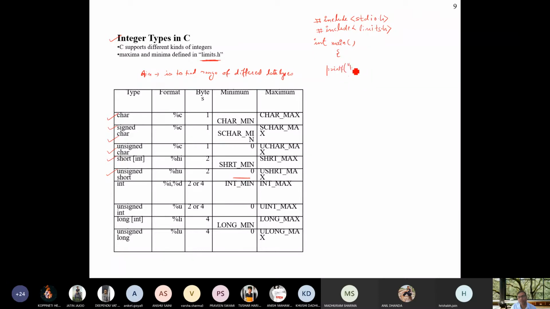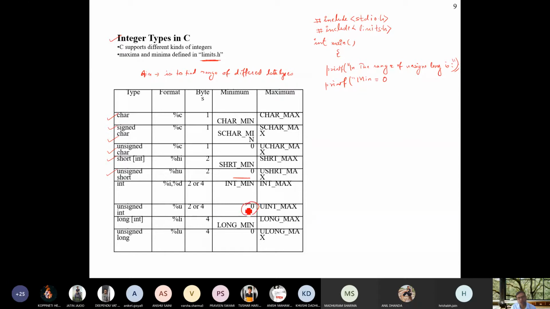printf, \n, the range of unsigned long is, printf, min equals 0 because it is unsigned long.